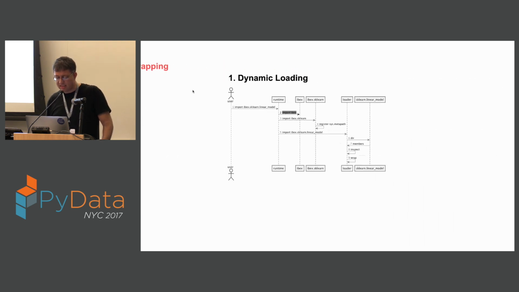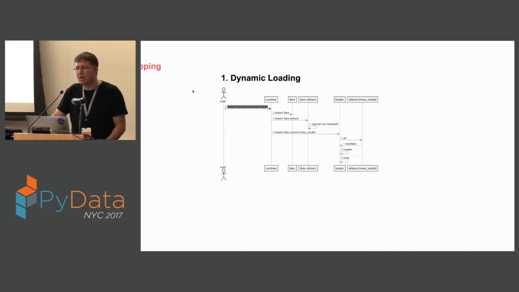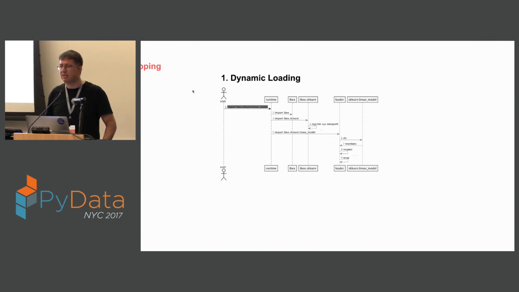The way to approach it is to do these things at runtime. So it goes as follows. Here's an interesting thing, at least for me, about Python. When you write a compound import statement, meaning if you write something like import ibex.sklearn.linear_model, the runtime environment is going to translate this into a series of import calls. First it's going to call import ibex. After that, it's going to call import ibex.sklearn. At this point, we can do something nice that the runtime environment lets us do, which is to register